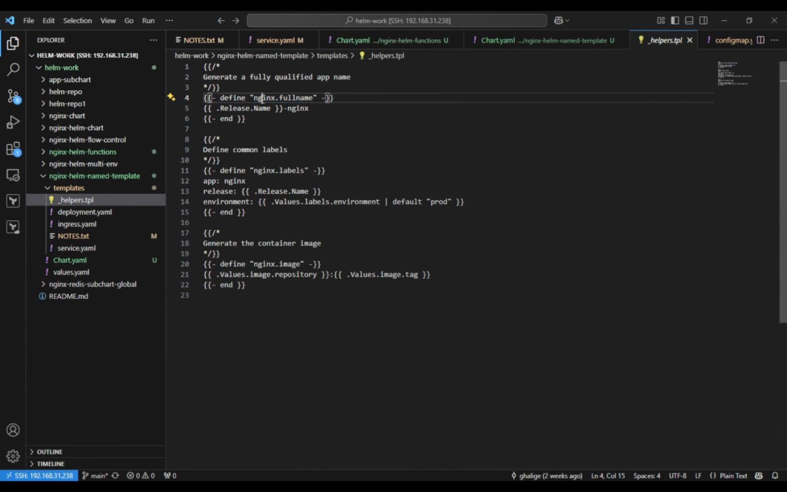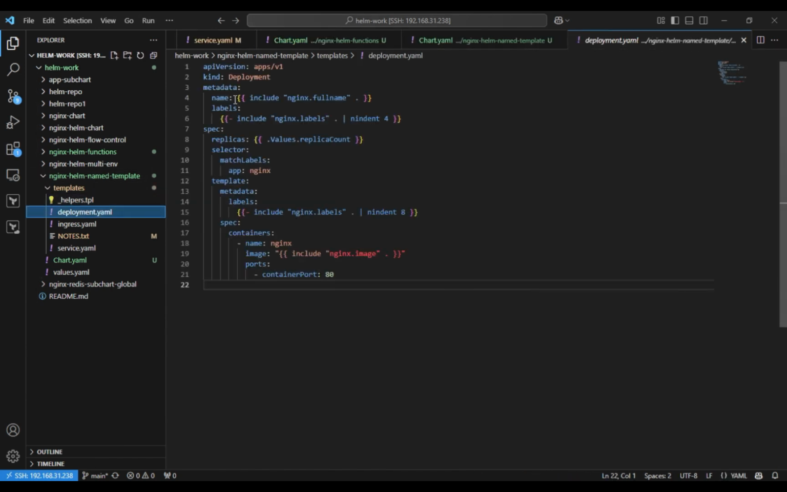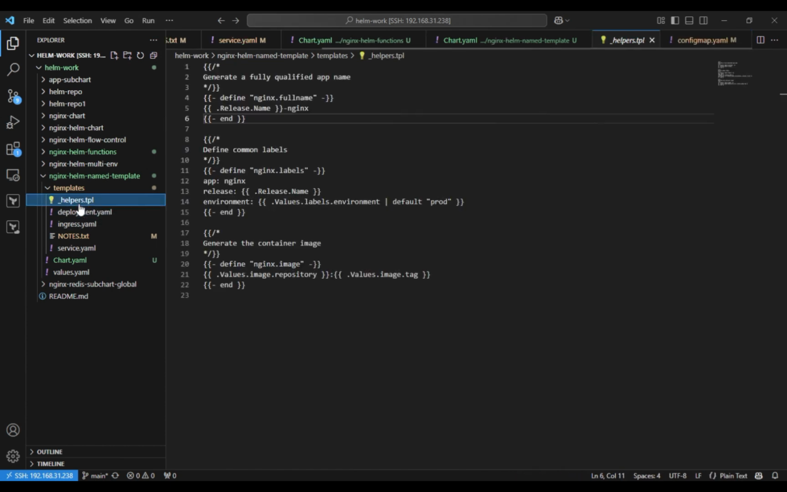Whenever I'm calling nginx full name, that means I'm referring to this: release name hyphen nginx. It is just giving me the template for how my chart name should look, that means release name hyphen nginx. If you go to deployment, you can see here I'm including this with the help of a special function called include. Include nginx full name, which, when I do install, is going to replace this with